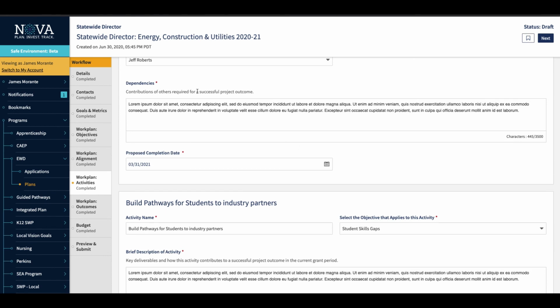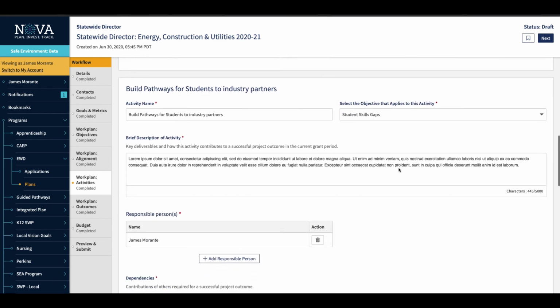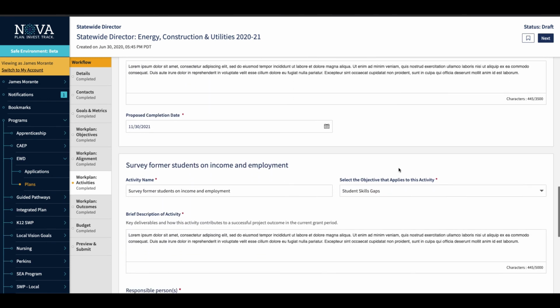Contribution of others required for a successful project outcome. So describe any dependencies and then put an expected end date. So there are a minimum of 3 activities required. So I have completed all 3,